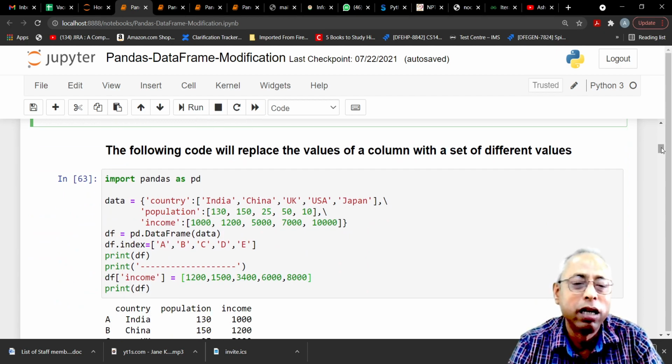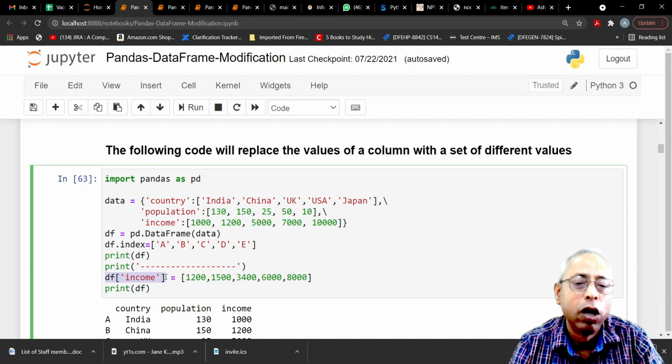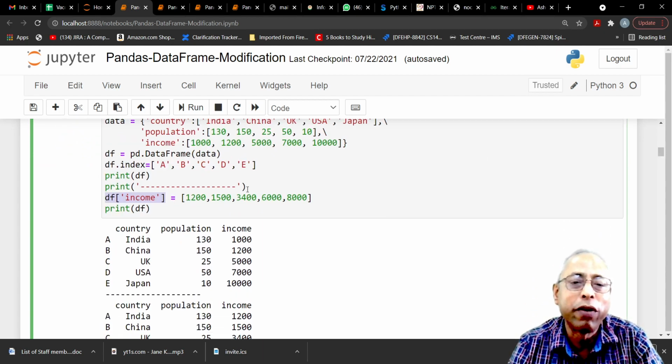That can be done by the next process, where I'm changing the income column of the data frame with five new values. The number of elements in this list must be equal to the number of rows. You cannot provide something which is not available.